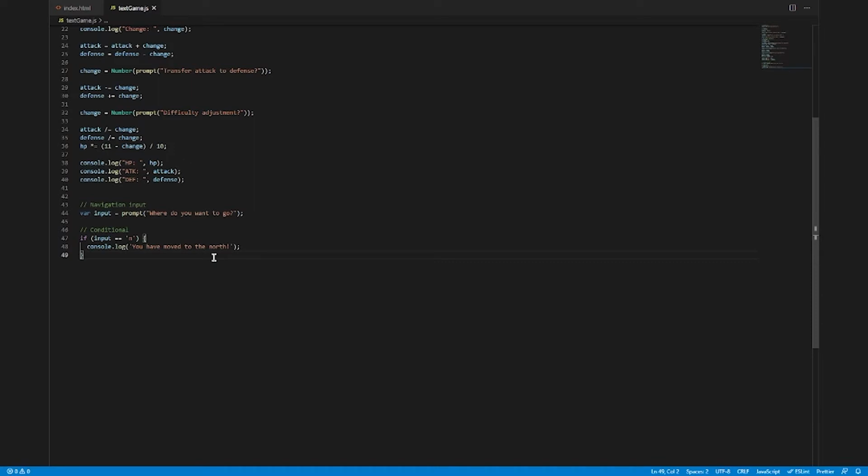Now, how about if we want to add an input for south? Well, we could add another if statement in a very similar fashion. Now, this will work. However, it's a little bit inelegant because, say we add our options for east and west next. That's 4 if statements right in a row doing more or less the exact same thing. We could compress this somewhat by